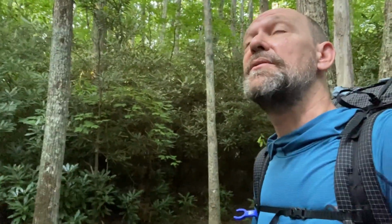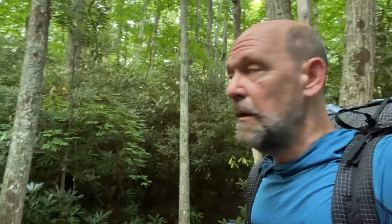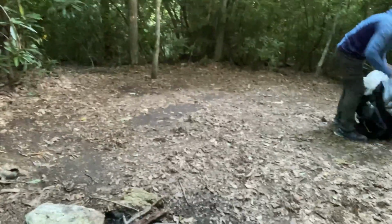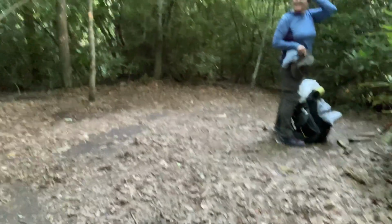We had dark clouds, thunder, rumbles, all the signs with wind that it was going to be a nice big rainstorm, and decided to pitch a tent in this spot just off the side of the trail. The trail's right over here. It's hard to see when I'm doing it backwards, but we were over here just off the trail. We've already had a couple go by us,